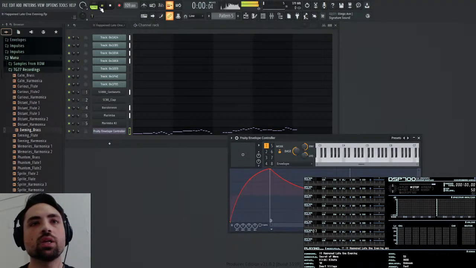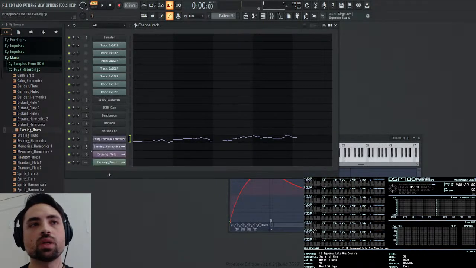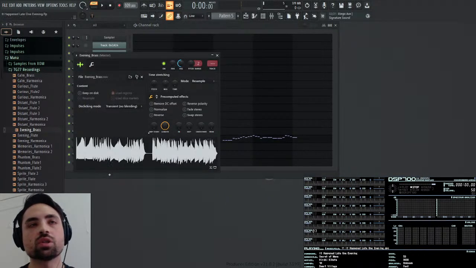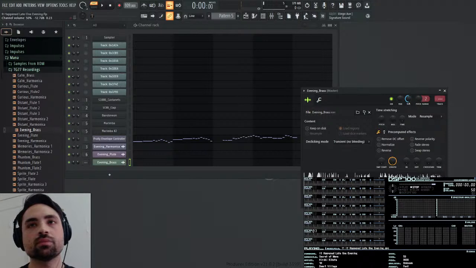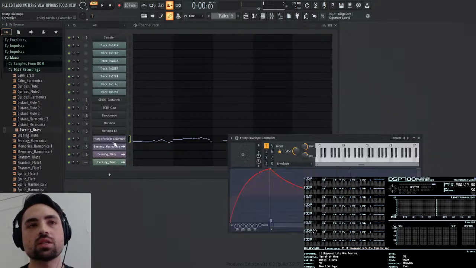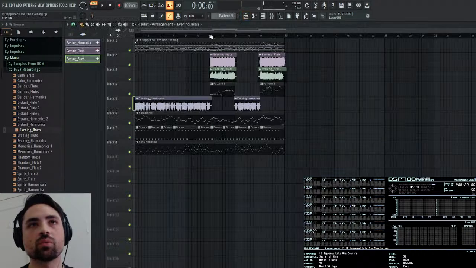And now every time a note plays, it starts over in an envelope. And now all I have to do is link this envelope to the volume of the recording. So if I go to the filter group and go to edit all, and then go to the brass volume and link to controller, and then select Fruity Envelope Controller Articulator 1. This envelope will now be linked to the volume. And so you won't hear it unless I play the recording under it.